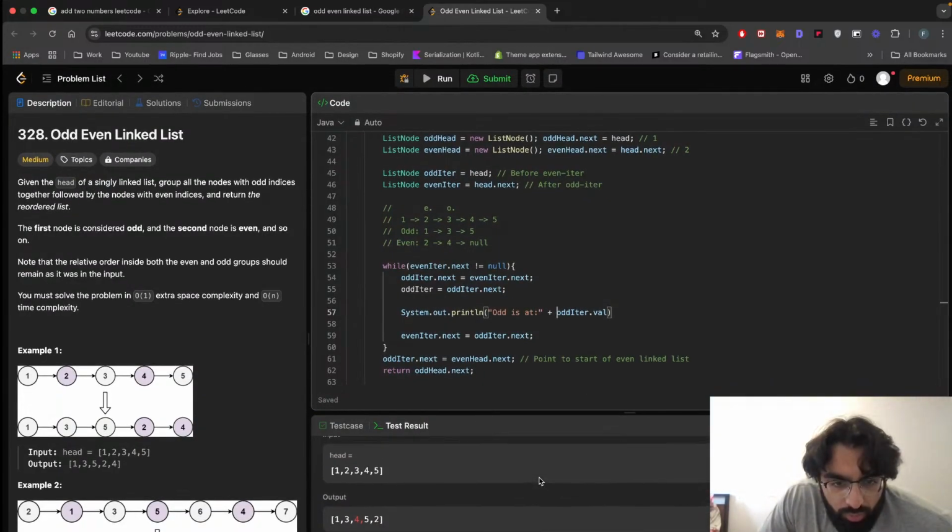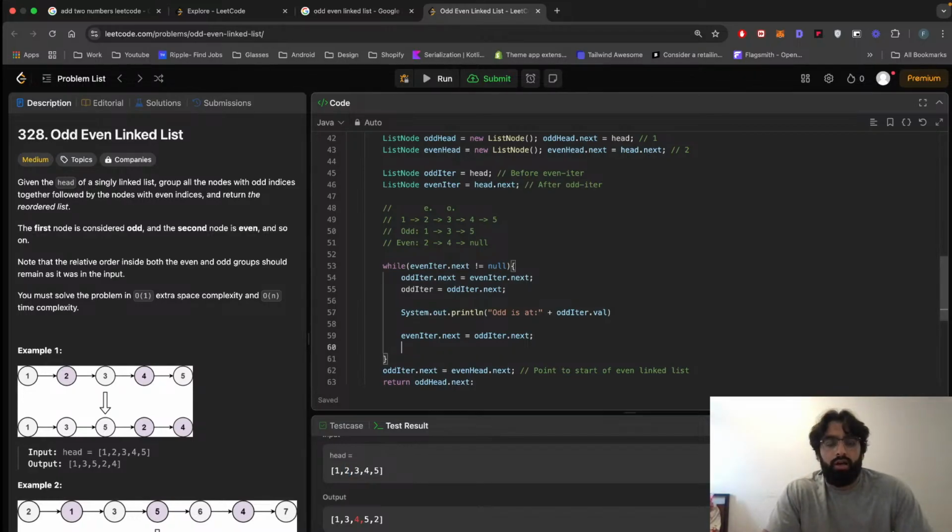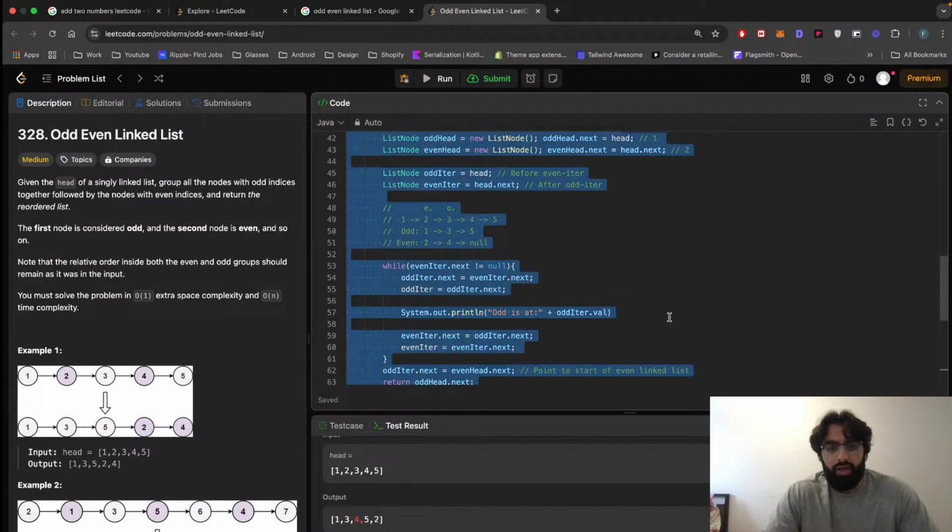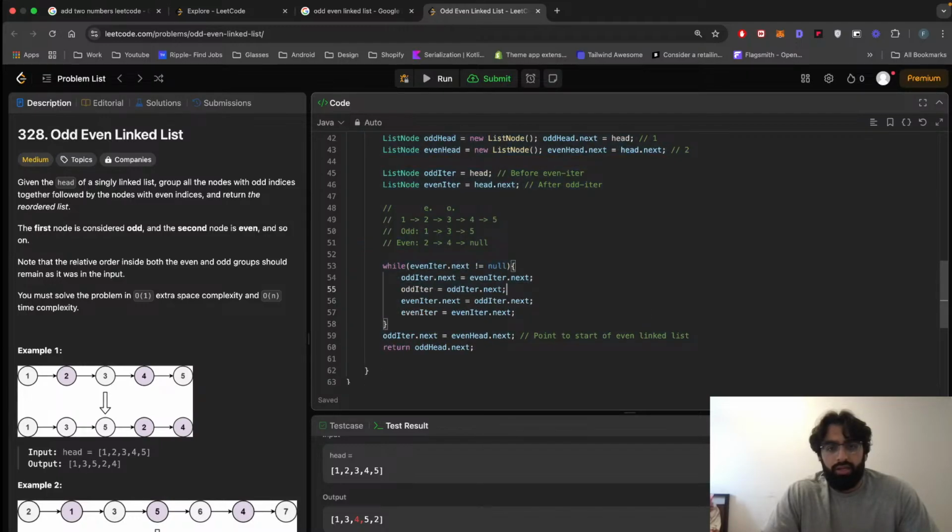1 3 4 5 2. So 1 connects to 3, yeah, and then 2 connects to 4. Oh my god, even iter is equal to even iter dot next. Dude, what the heck? I forget that. Basic. And then I think